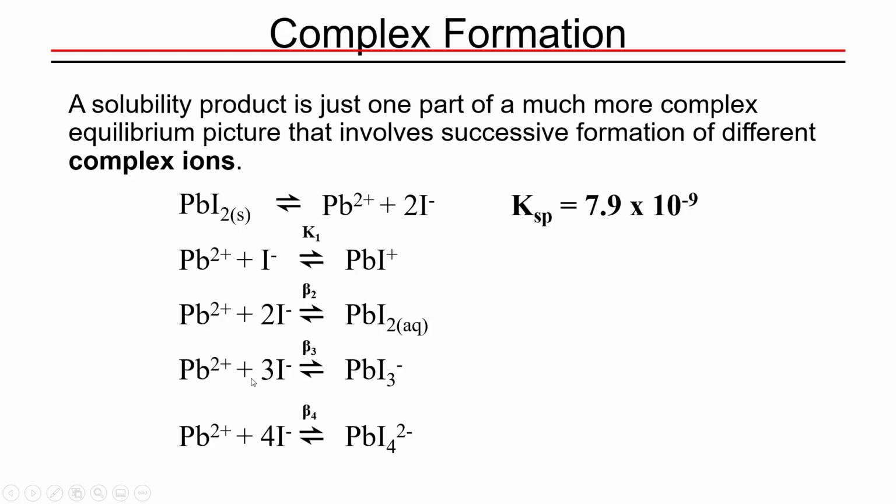If your lead-2 plus picks up 3 moles of iodide, it can form the complex ion PbI3 minus. If the lead-2 plus bonds with 4 moles of iodide, it can form the complex ion PbI4 2 minus. The key thing I want you to recognize here is that when we're talking about